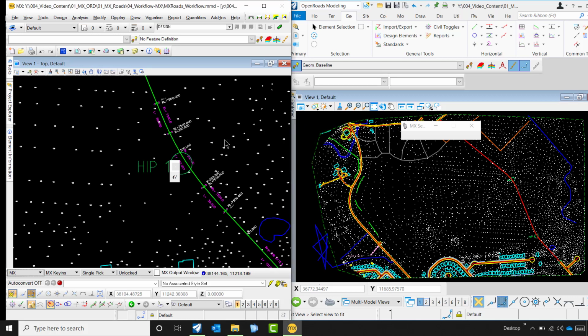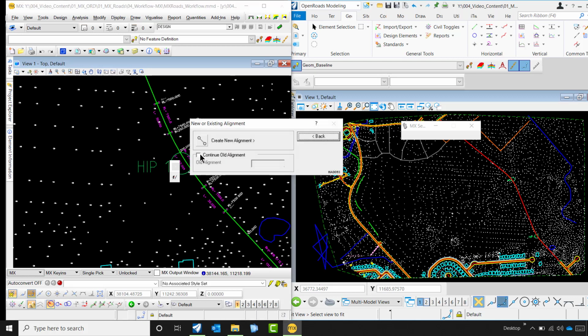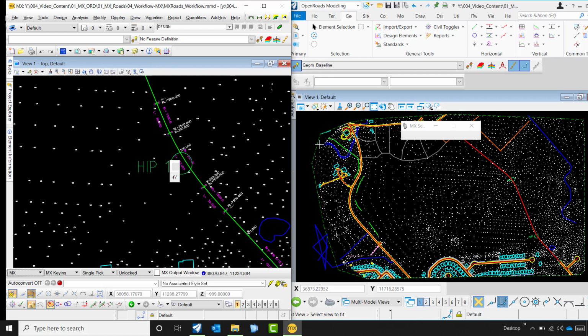Now I choose the horizontal design, and now instead of creating a new alignment, I say that I want to make changes to my old alignment. That will ask me to pick up the old alignment. I choose this.